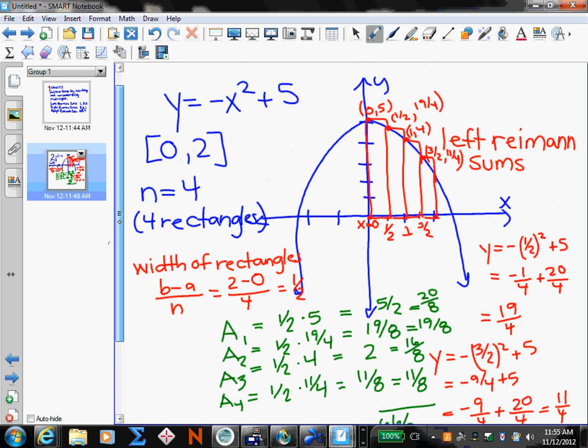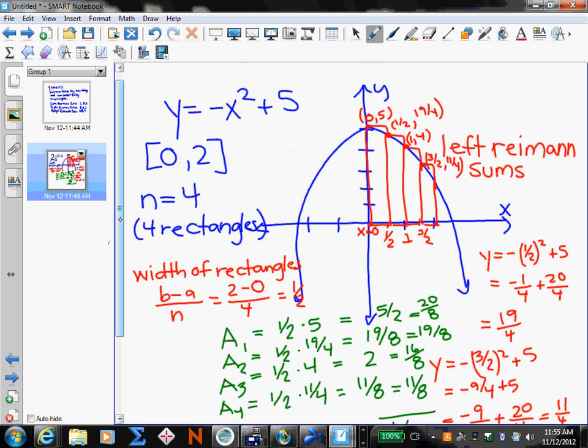And another thing I'd like to talk about here with my left Riemann sum is if I'm trying to find the area underneath the curve between 0 and 2, and I have used these rectangles, it looks like, because my rectangles hang over top of the curve, that area is really going to be a higher estimation than what the real area is. Now there is this little bit of extra space here, but then we have extra in each